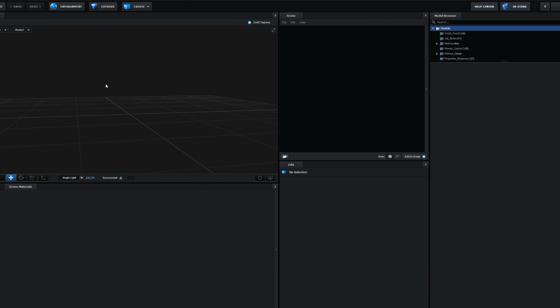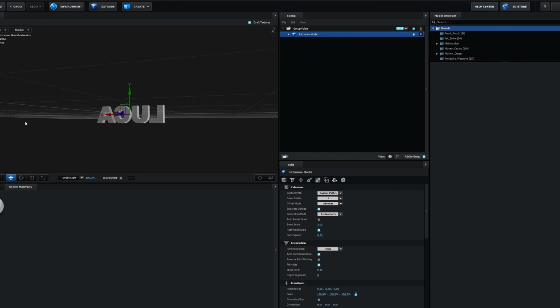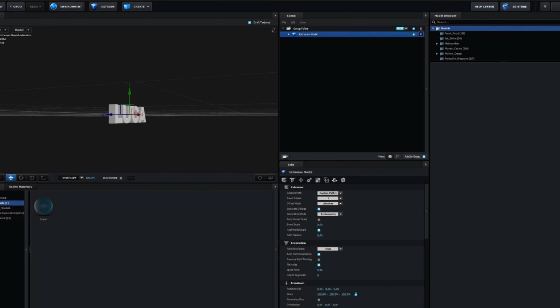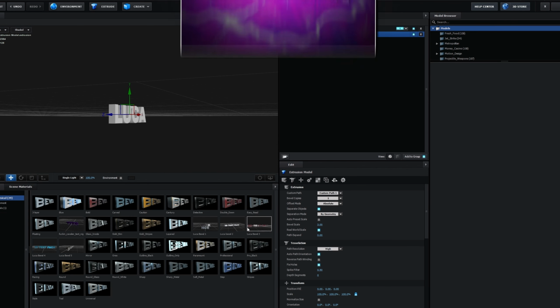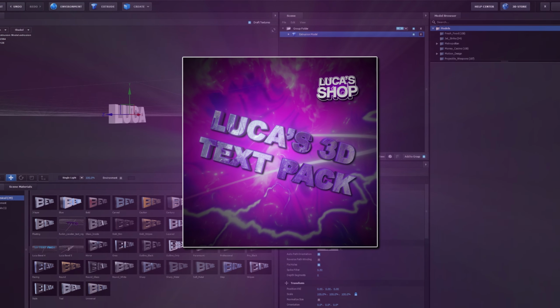So once you're in scene setup, you want to press extrude, make sure you have the text, and then you can go to presets and you can go into bevels, and I'm going to use one of my new bevel presets which you can now get in my store,